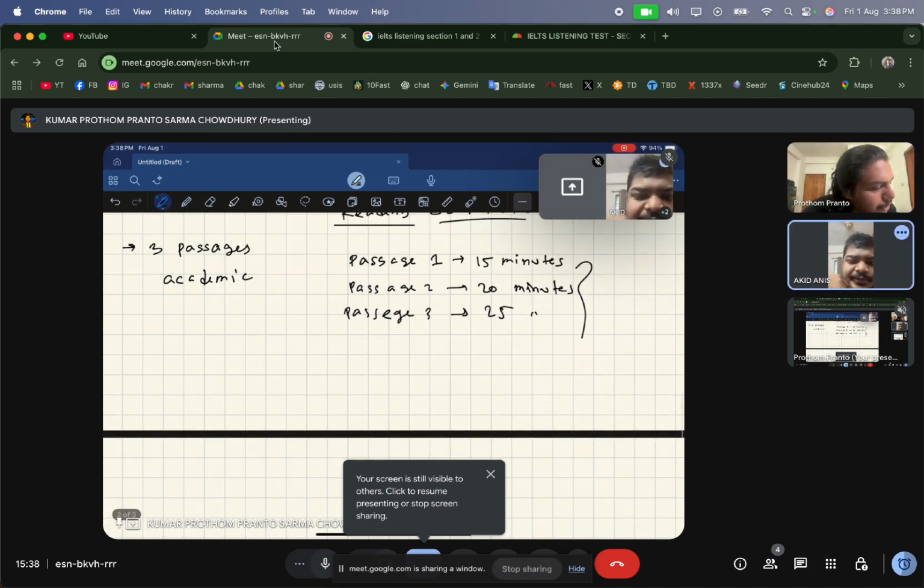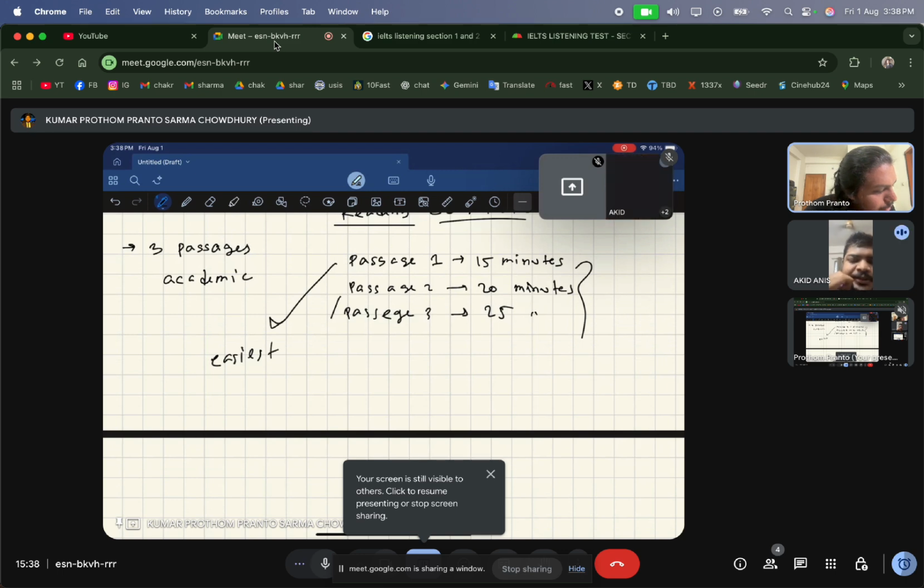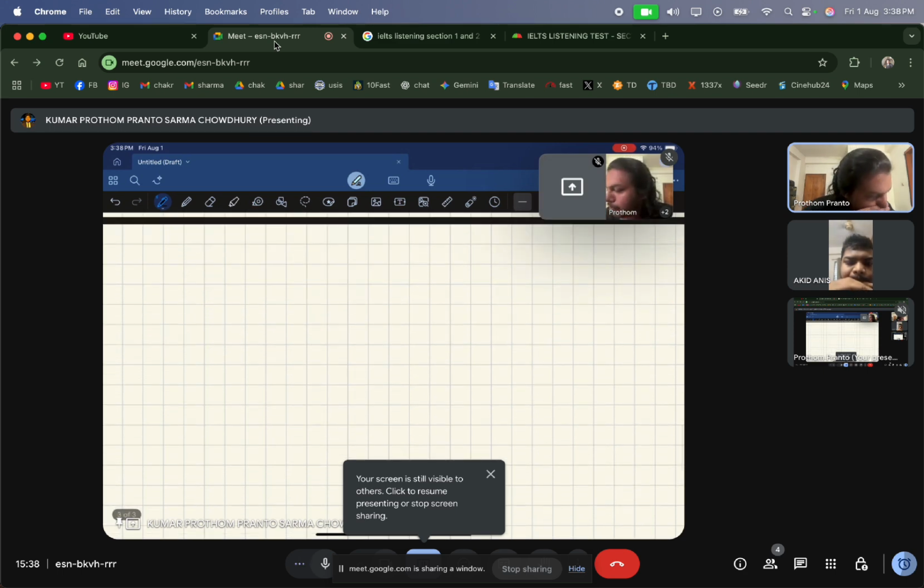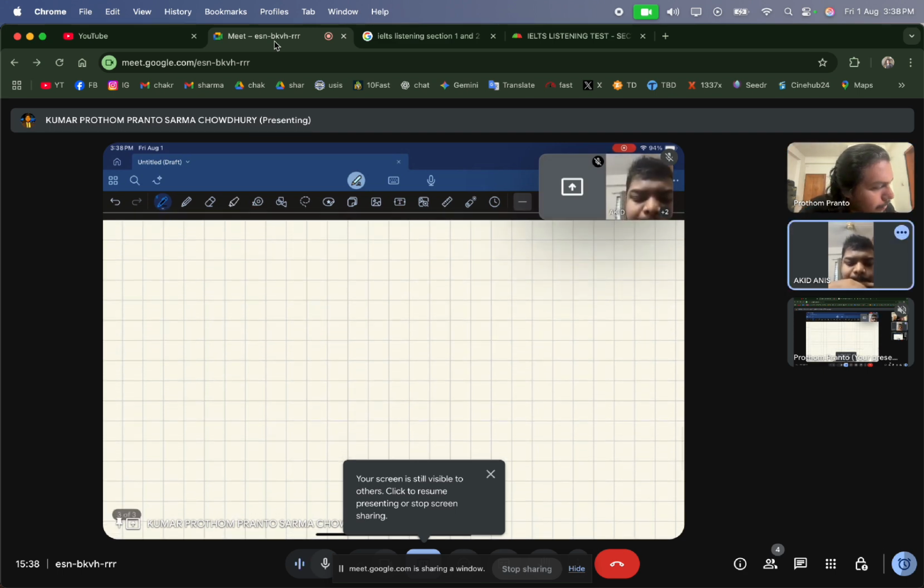the first passage is the easiest, this one is moderately difficult, and this is the hardest one. So see, there's a reason why people suggest that. So the types of questions that come in reading are